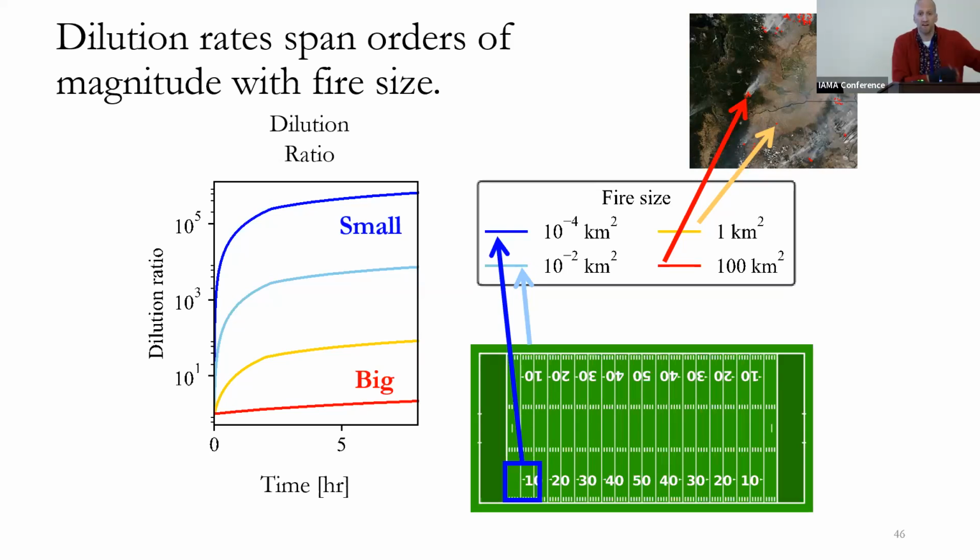If we lit a campfire outside and you try to track that plume 8 hours downwind, it's going to be really hard for whatever instrument you're sampling with, whether it's an AMS or whatever, to find a campfire plume way downwind. It's just too easy to mix in with the clean air.